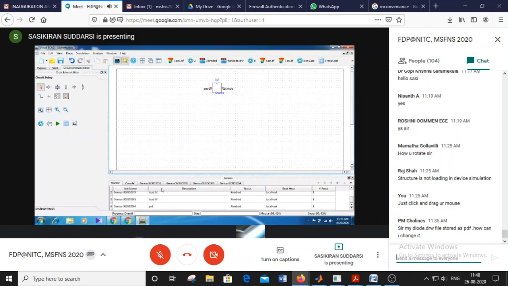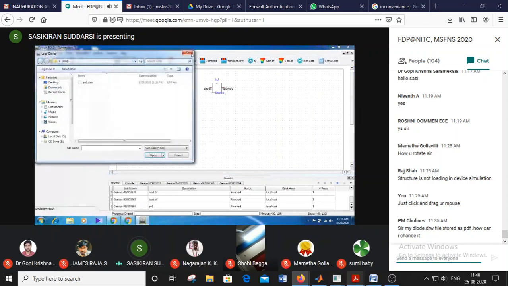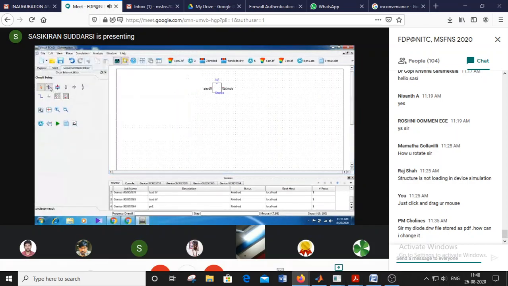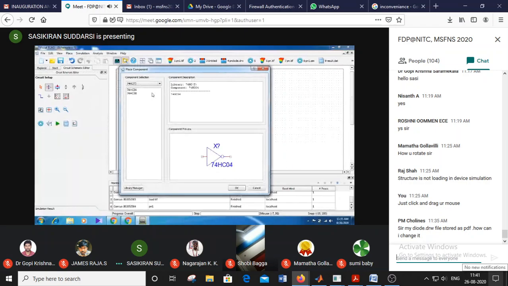Okay, we can have anode and cathode. We can change this to look like a diode.